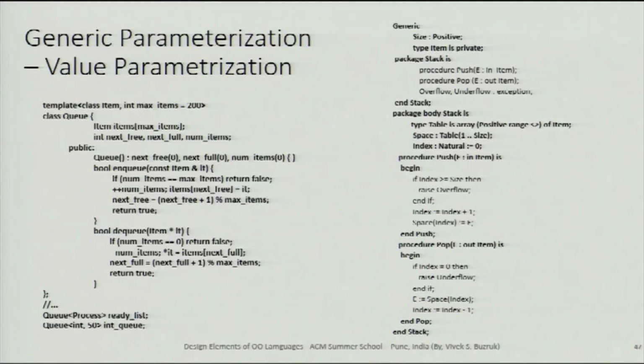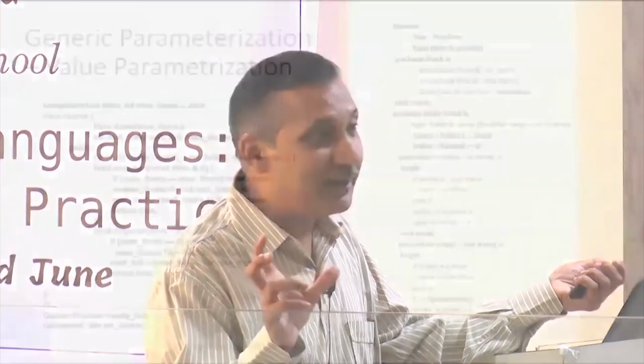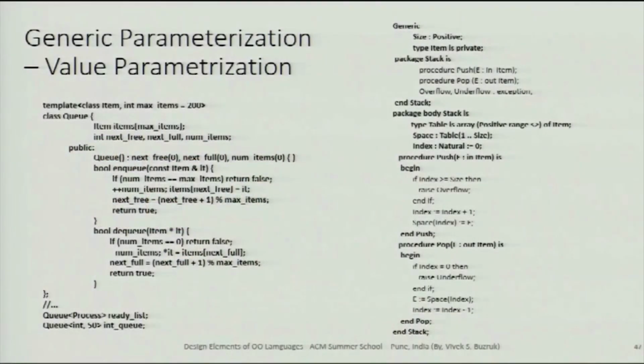I am defining the Q as one of the classes here. This Q is a generic class, and this class is applicable for Q of class atom. Q is of atom, but the restriction that I am saying is that the maximum size of the Q will be only 200. So that is why I am saying here the default parameter is 200,